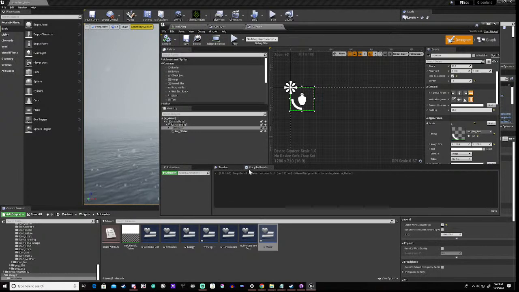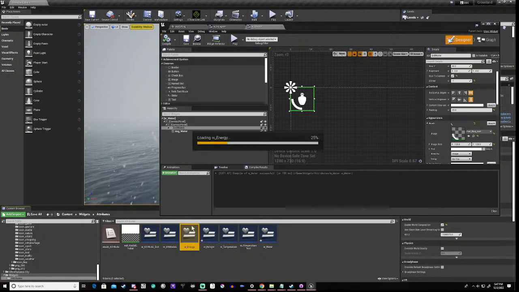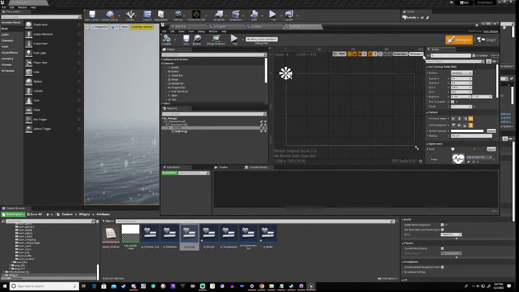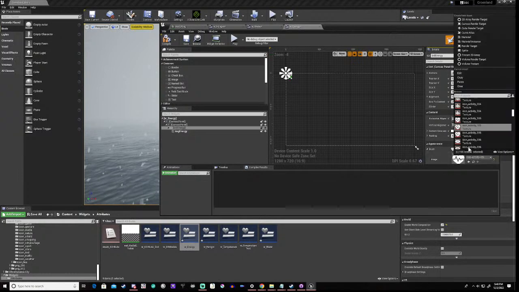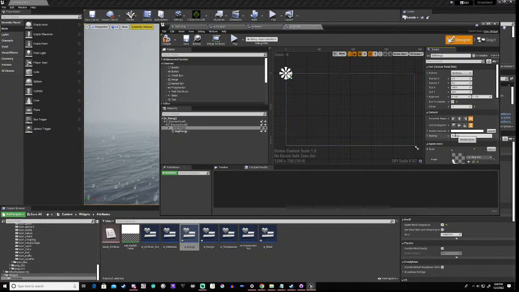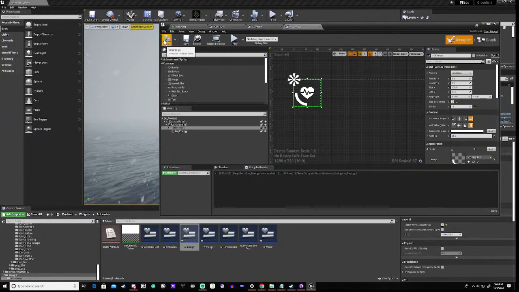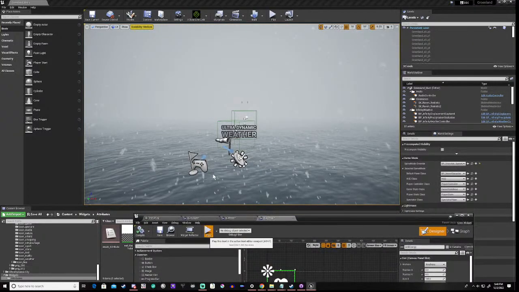Save that, and then we do energy. We do BRD energy, and that is going to be ring instance, and we're going to have 25 padding. Save that, and then now if we run it,